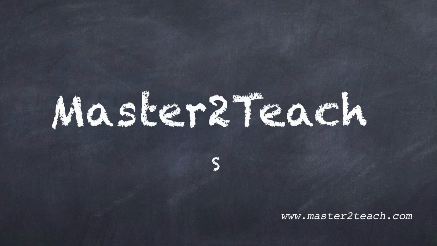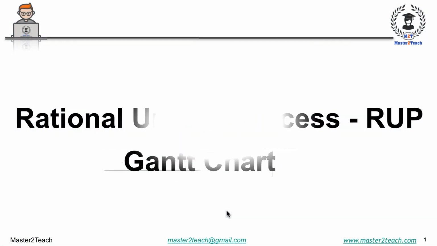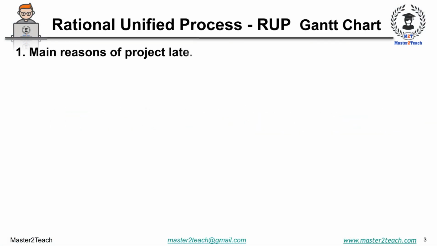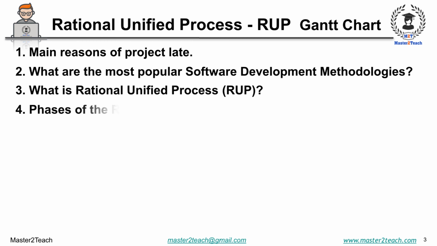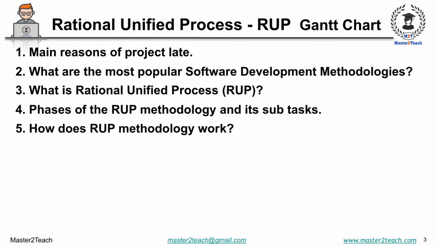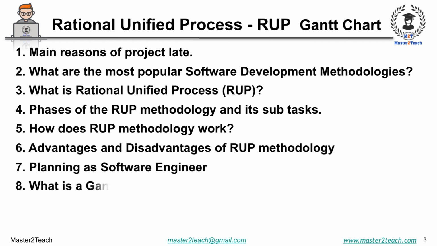Master to teach step-by-step guide. In this video, you are going to learn reasons of project failure, what are the most popular software development methodologies, what is Rational Unified Process (RUP), phases of RUP methodology and its subtasks, how does RUP methodology work, advantages as well as disadvantages of RUP methodology, planning as a software engineer, what is a Gantt chart,